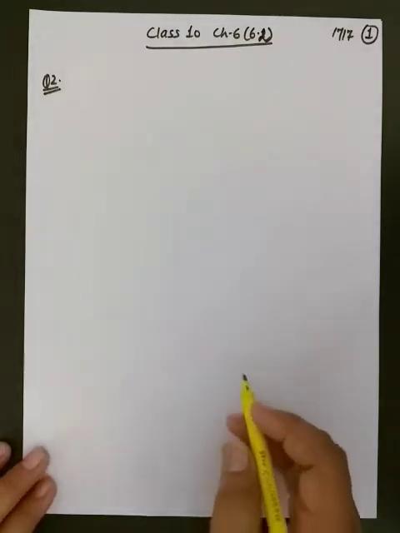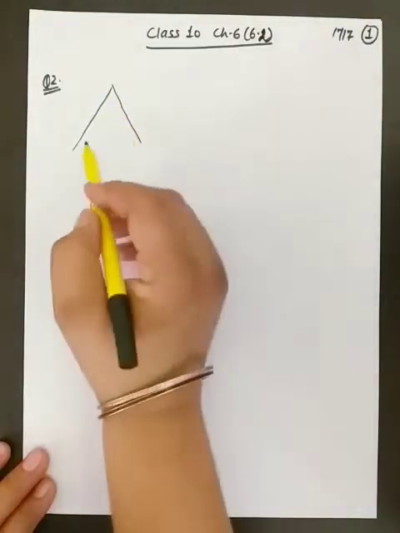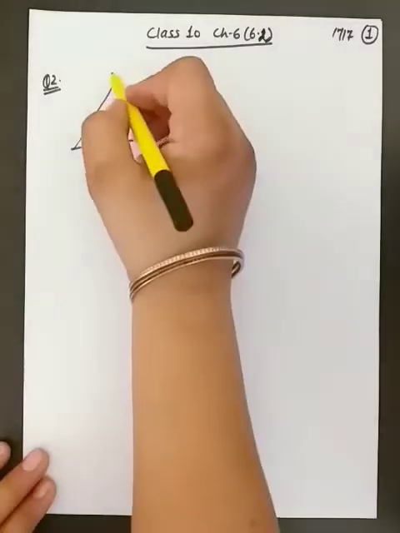Here we are going to do question number 2 of exercise 6.2, chapter Triangles. Part 1 was already done, part number 2. Now we have to draw the figure ourselves because the figure for this question is not given. E and F are the points on the sides PQ and PR of a triangle.